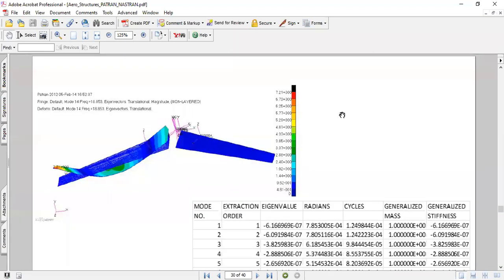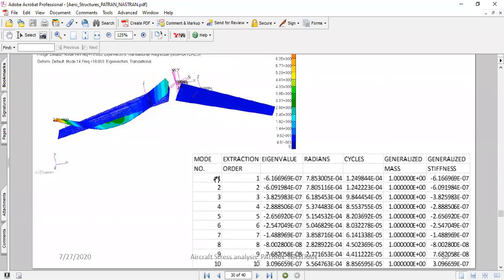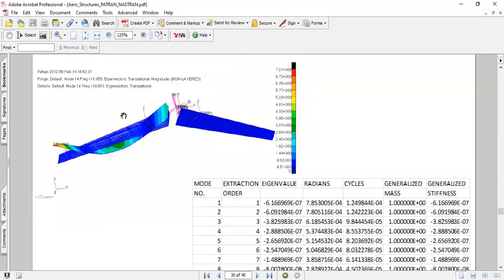And I ran the analysis to extract the free modes, which is free modal analysis, and extracted the roots. About 10 roots were extracted for the free modal analysis. It's the same as the buckling analysis, where you extract the eigenvalues and eigenvectors.